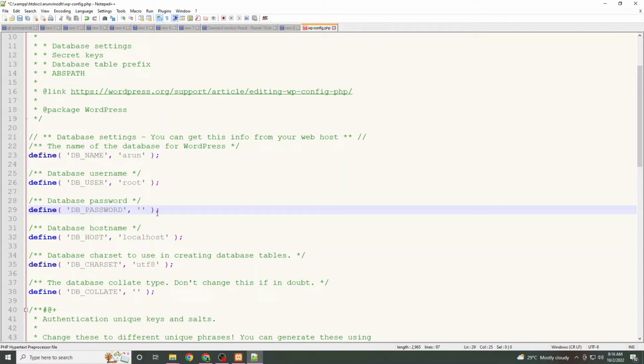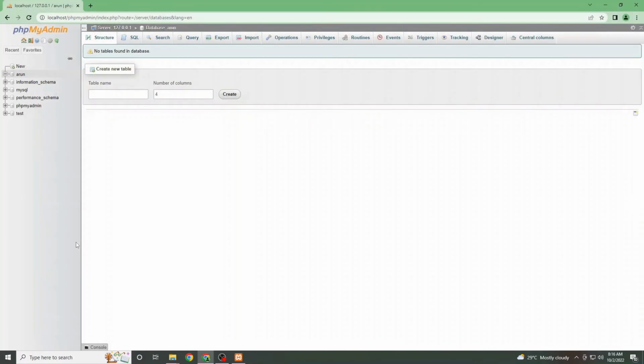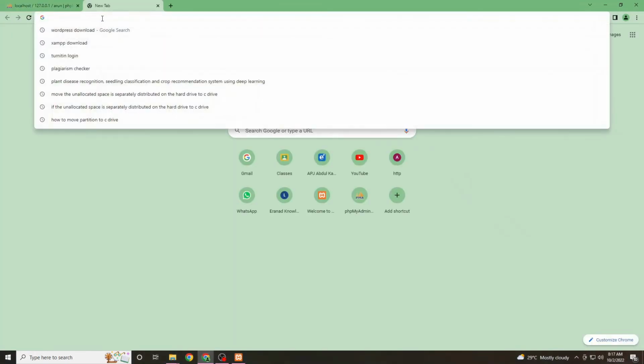So for the time being, if you are using WordPress on your local computer, you have to give the DB user as root and the password as empty, right? Save this file, right? And then you close it. Okay, fine. So now what you do is you have to type in the browser